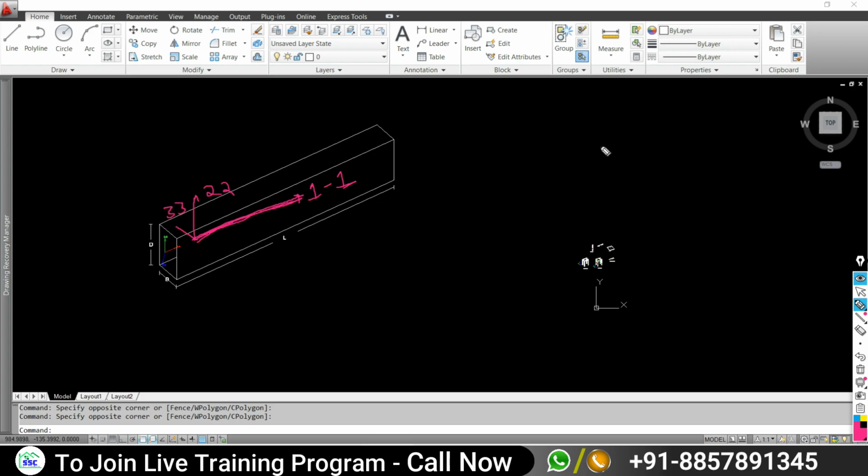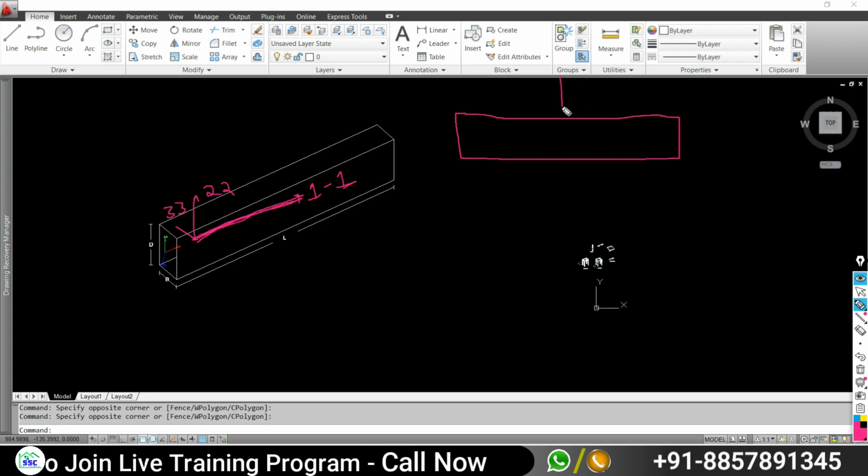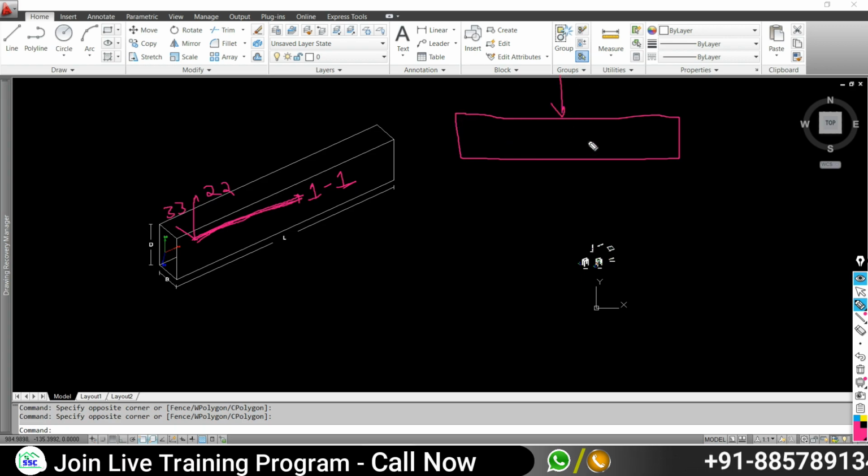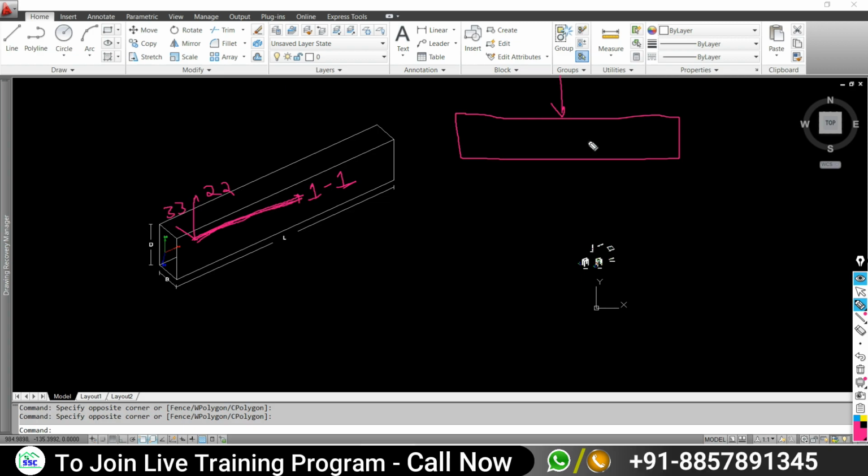But you know very well that if you are going to perform the analysis and want to know how much force is coming to a particular beam element, which is subjected to any kind of load, the beam is a flexural member. These beams are subjected to transverse loads.